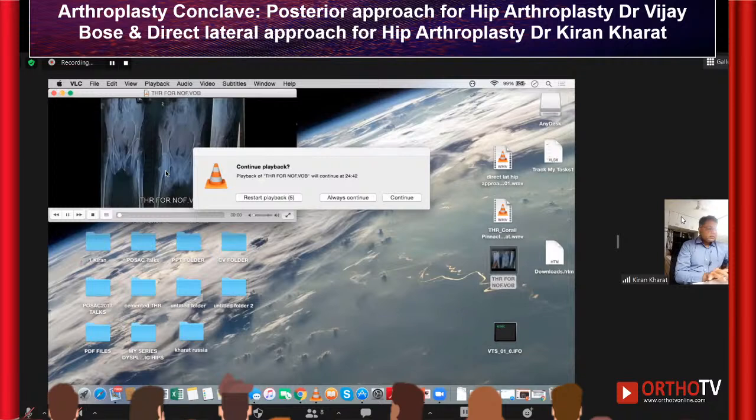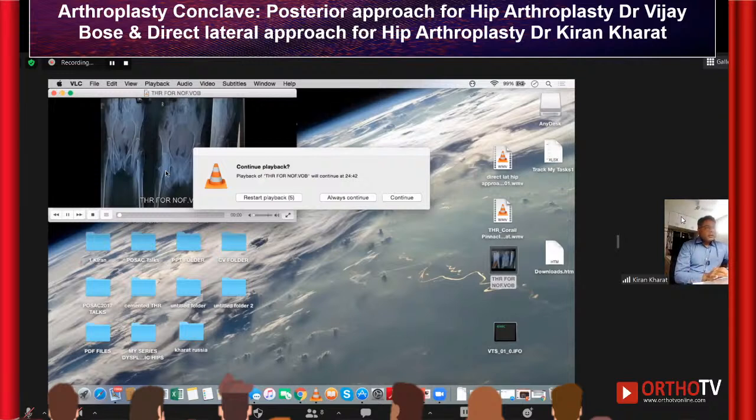And like Vijay said, you have to position the patient yourself. Otherwise, if you don't do that, then it can be an issue. So once you do the proper prep and drape, you can see the hematoma out over here in the fracture situation. You have to palpate the greater trochanter, and you start with the skin incision